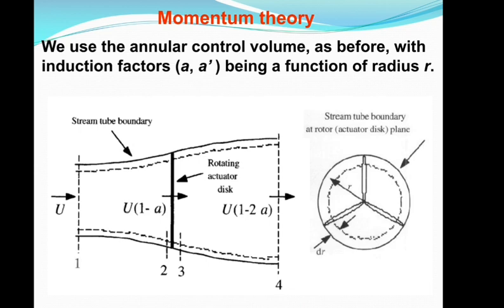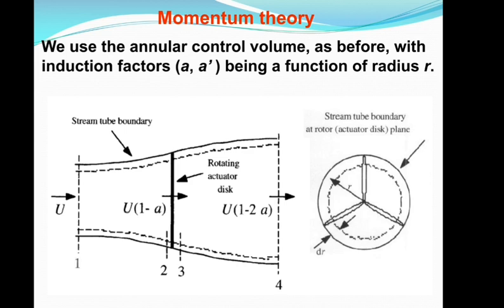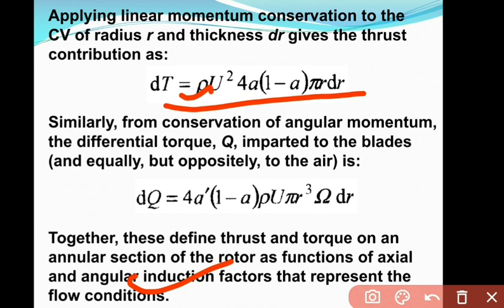Next, the momentum theory. Here in the figure you can see the annular control volume as before, with the induction factors a and a dash being a function of radius. Next, applying the linear momentum conservation, we can find this equation, which describes the conservation of angular momentum, the differential